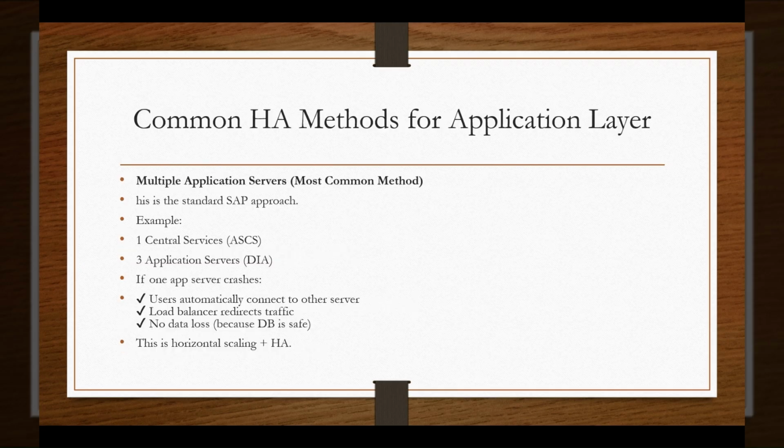We have discussed in a previous video about database replication and high availability for database system. Now let's start with application. Okay, so for the application layer, we do not have a live replication, because the application layer generally consists of the execution part. There is no data stored in the application. The data is in the database part only.